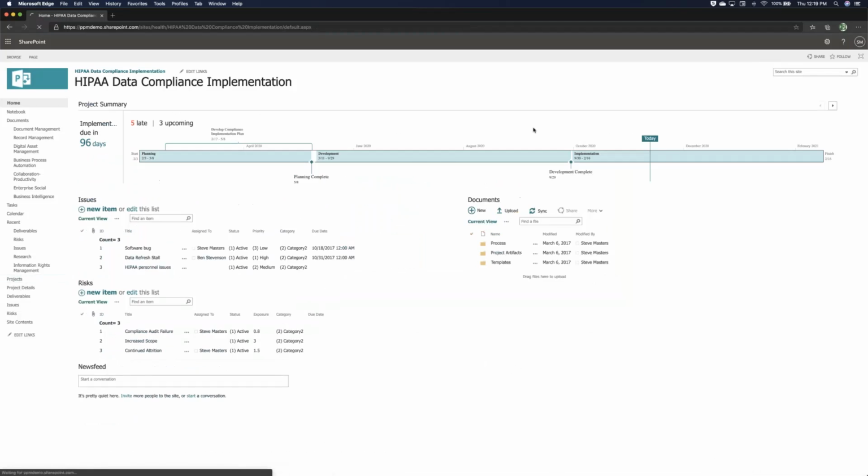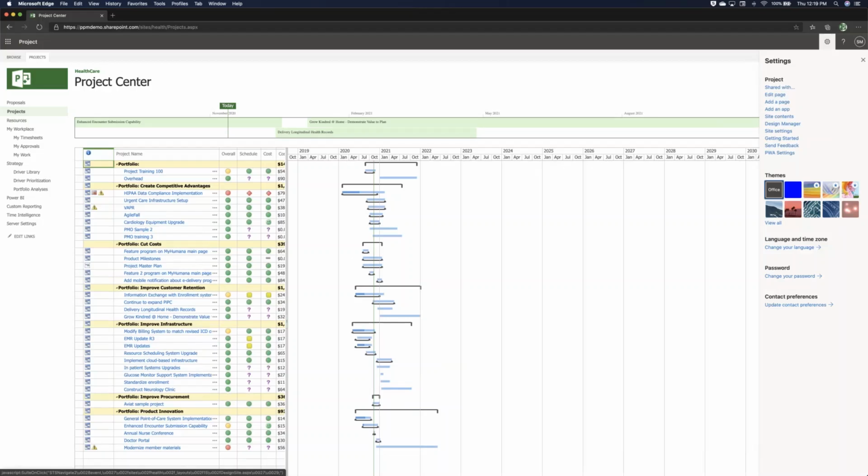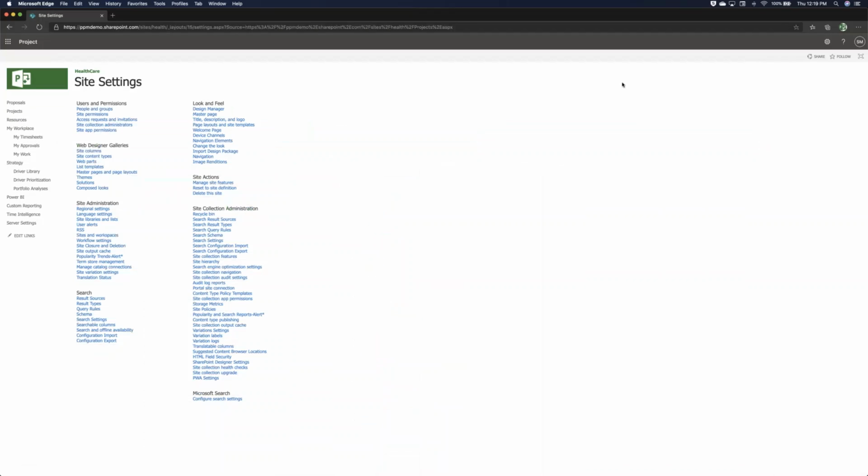So I'll go back to the root of our project experience. I'll go to the site collection. The site collection is basically the set of all sites that are part of, in SharePoint, that are part of project. The project management componentry, all that software sits at the root, the topmost site, but below that we can have a whole set of sites, and that's what we're referring to when we talk about the project sites. So I'm going to go into the site content types from the top layer,